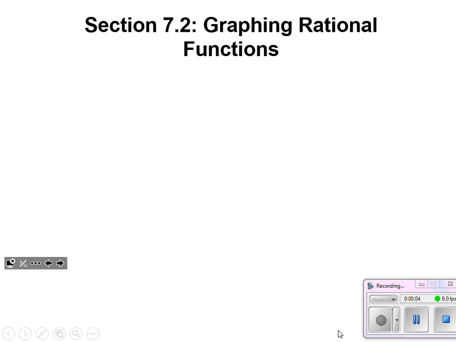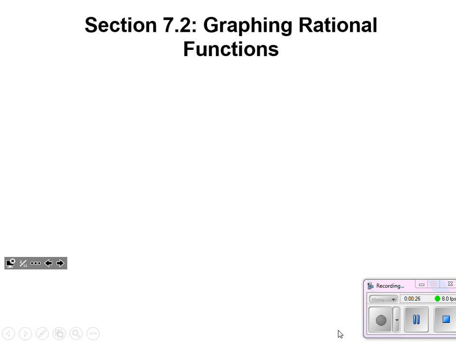Welcome everybody to Algebra 2, Section 7.2, Graphing Rational Functions. Now, this is a big one out of Chapter 7. The inverse variations that we covered yesterday, yes, that's an important part to introduce these functions that take the form of fractions. But what the graphs of these functions look like and then how to solve, those are going to be the big topics of this chapter.